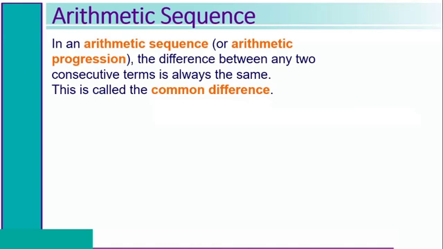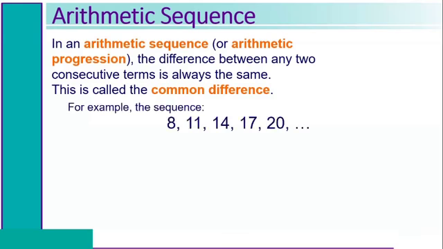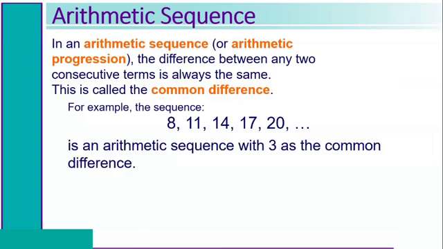In an arithmetic sequence or arithmetic progression, the difference between any two consecutive terms is always the same. This is called the common difference. For example, the sequence 8, 11, 14, 17, and 20 is an example of an arithmetic sequence with 3 as